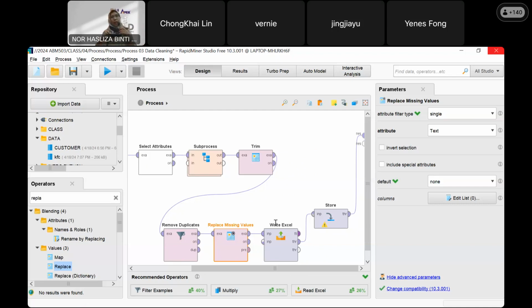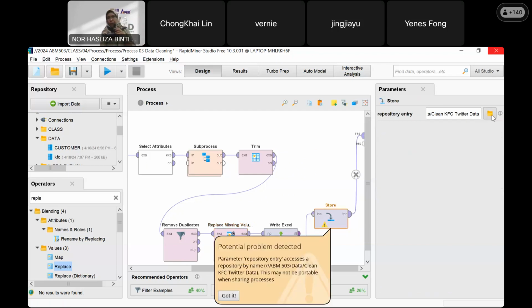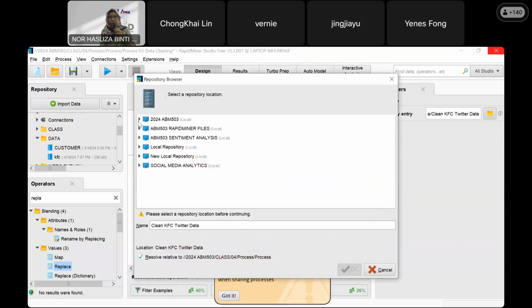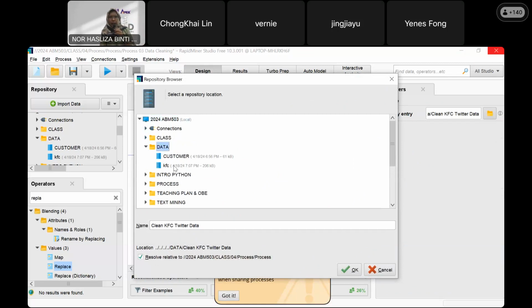So right now, when you store it here, don't put KFC, but put clean. So these two data sets are now different, even though it's the same data set. To make sure of the raw and clean data, because we will put them in the same data folder, you put it as clean KFC data, for example.